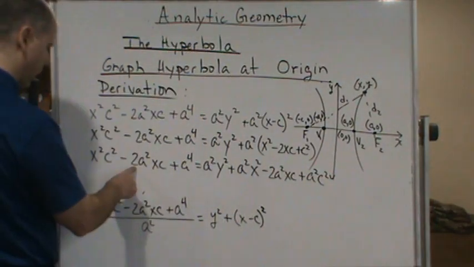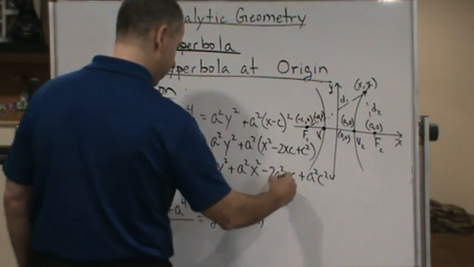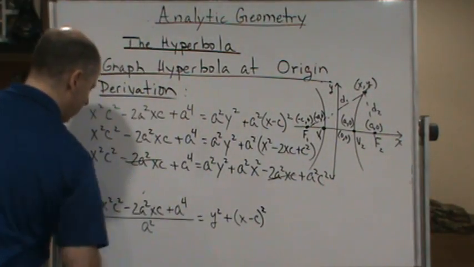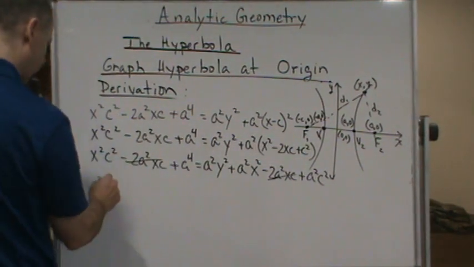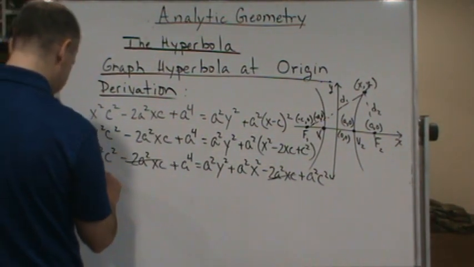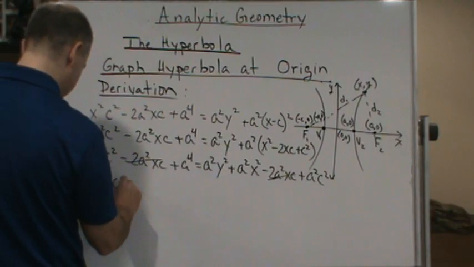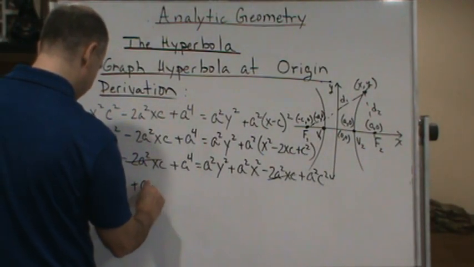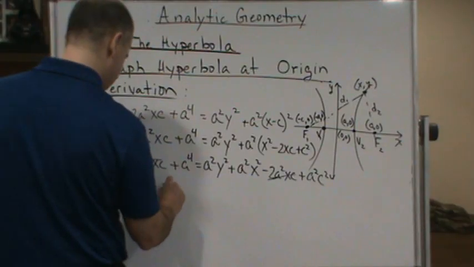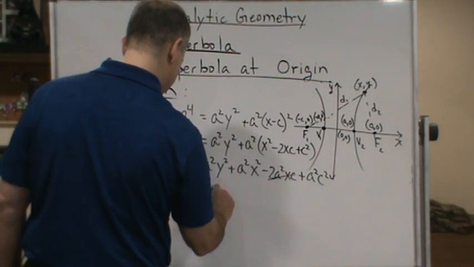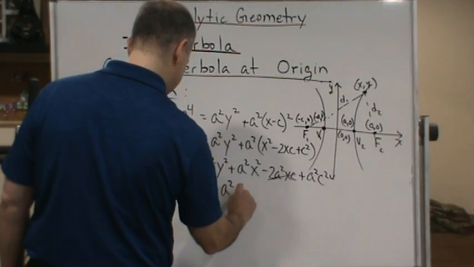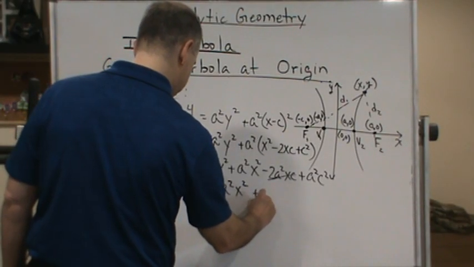Now at this point, these cancel, and so now I end up with x squared c squared plus a to the fourth equals a squared y squared plus a squared x squared plus